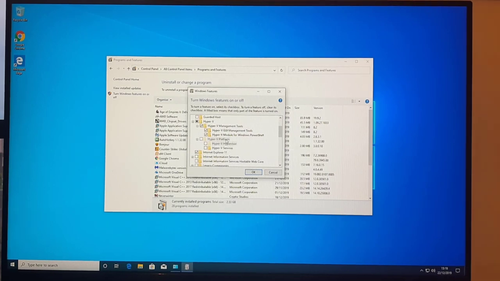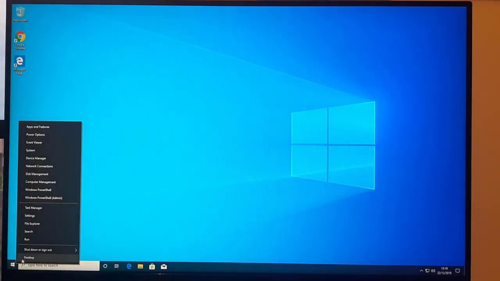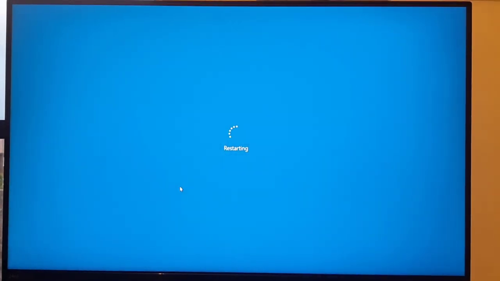Virtualization support is disabled. So if you do see this message, you will need to restart your computer and go into your BIOS. You can get into your BIOS usually by pressing F12 or Delete. It will depend on the actual vendor, but it's something you can just drop into your favorite search engine. Once your computer's restarted,